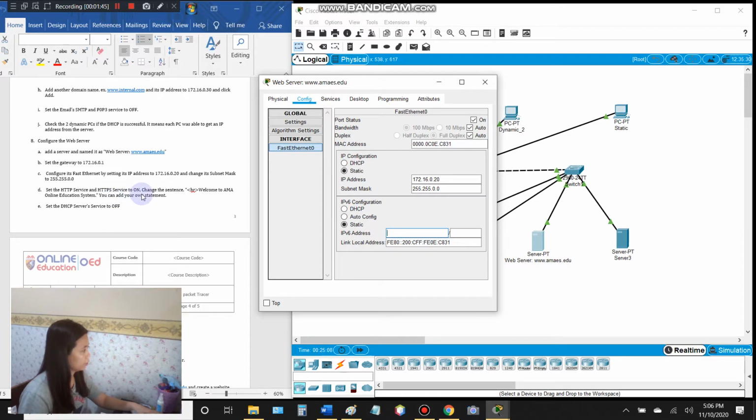Set all HTTP servers and HTTPS service to on. Choose